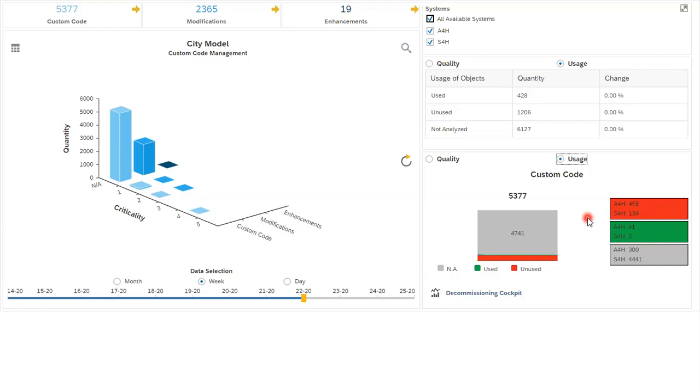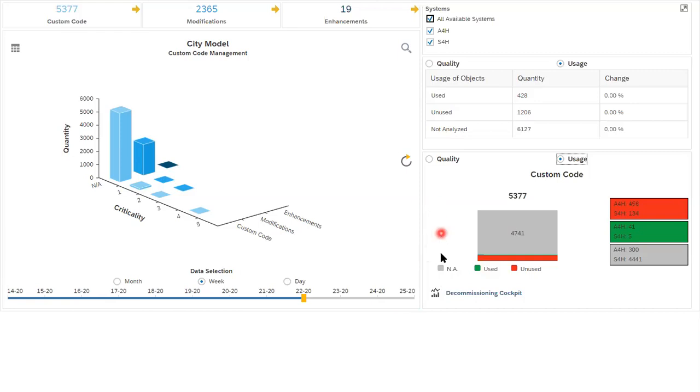And this is all together the city model of custom code lifecycle management of objects, which comes by default from SAP, and you can use this functionality in your landscape to improve the custom code quality and remove all custom codes which are not used in your landscape.